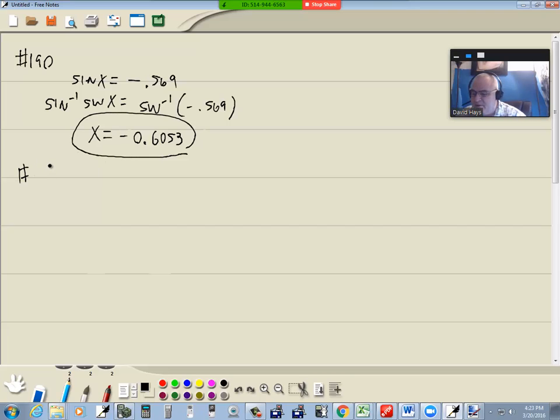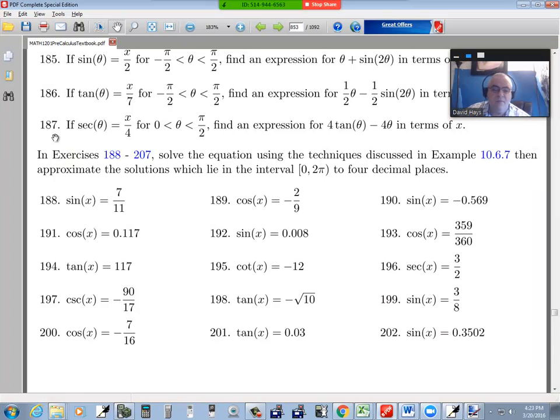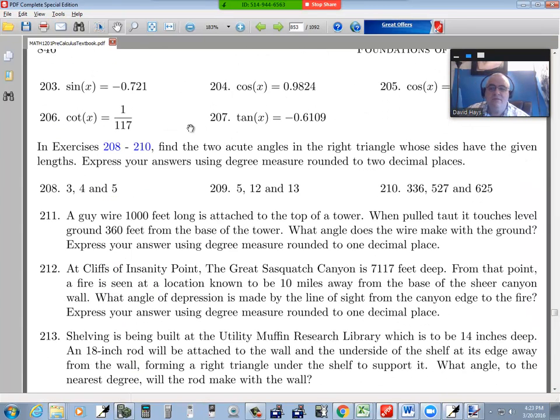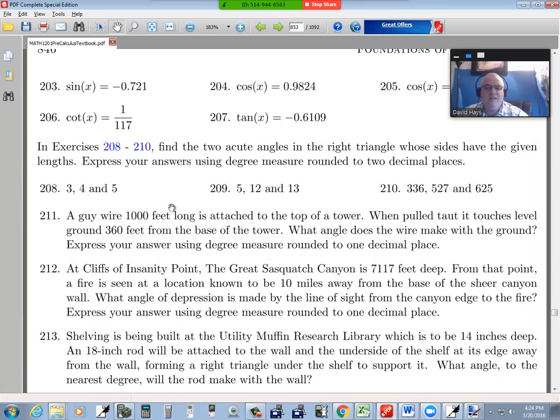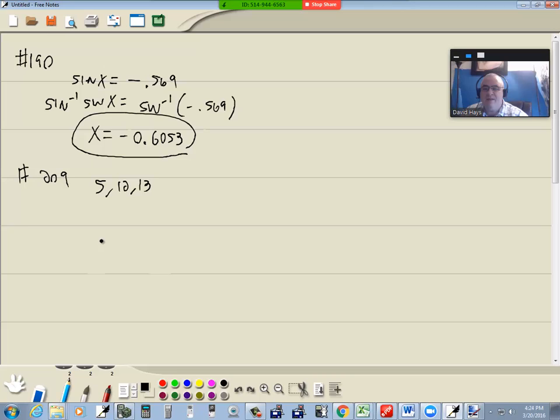Okay, number 209. 5, 12, and 13. And it says, find the two acute angles in the right triangle with sides of the given lengths. Express your answers using degree measures rounded to two decimal places. Okay. So if I were to draw that,